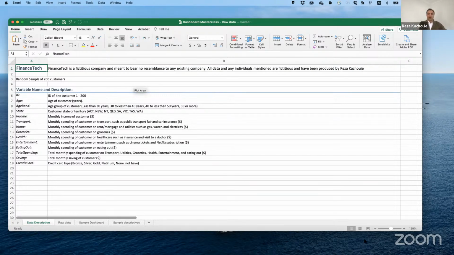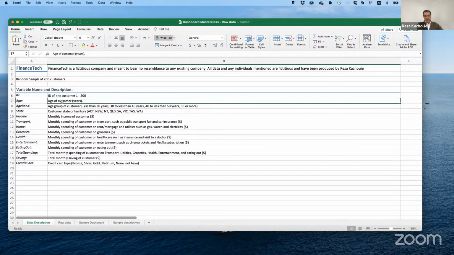So I have provided a bit of details about what type of data you are going to see. It has the ID of the customers, 1 to 200, a sample of 200 customers. Then we have age of the customers in years, how old are they? We can put them into groups, less than 30, 30 to less than 40, 40 to less than 50, and 50 or more. So a few age groups there.